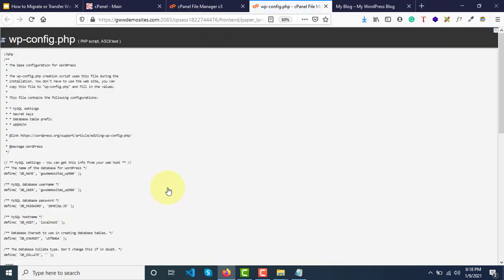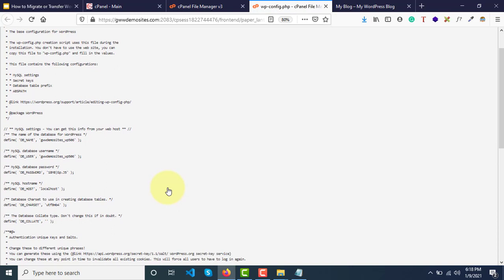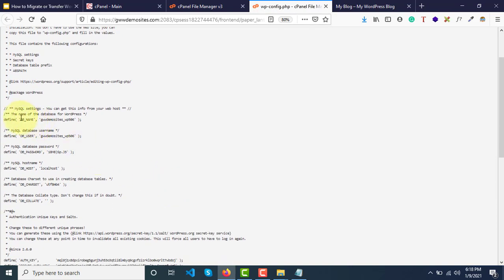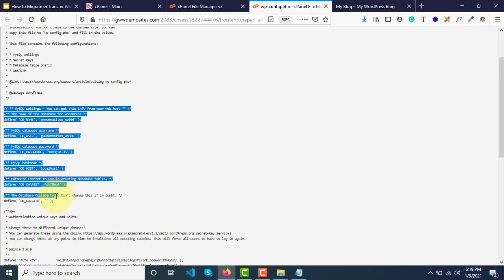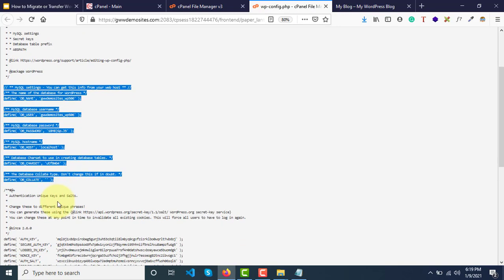Here we'll have the database connection details. What you need to do is copy from the option MySQL settings all the way till define DB collate type, right? You need to copy till here and save it somewhere.